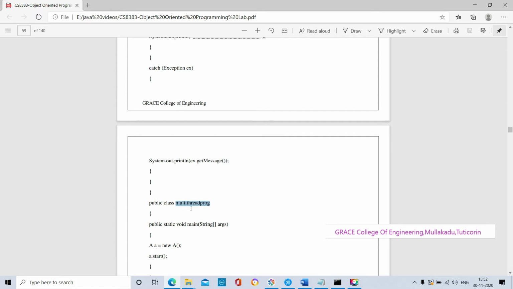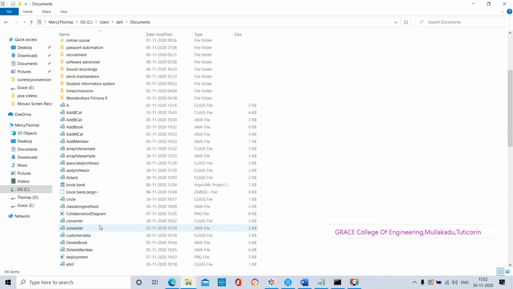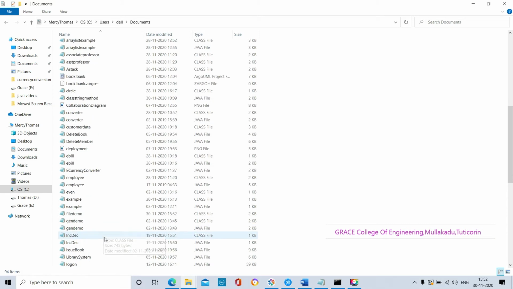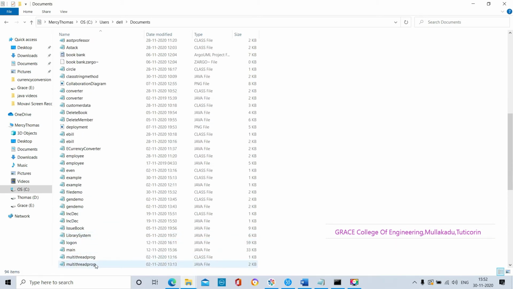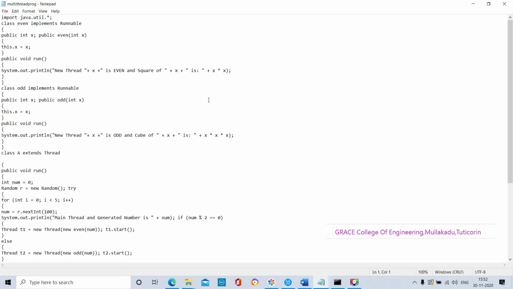So here our file name is MultiThreadProgram. I am opening our application program, which we already wrote and saved. Here our application program is available. You have to save this program as MultiThreadProgram.java. The extension should be java.